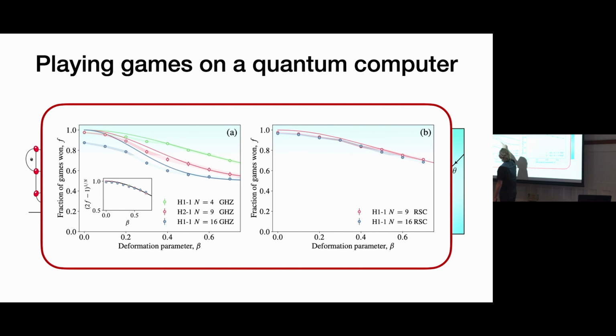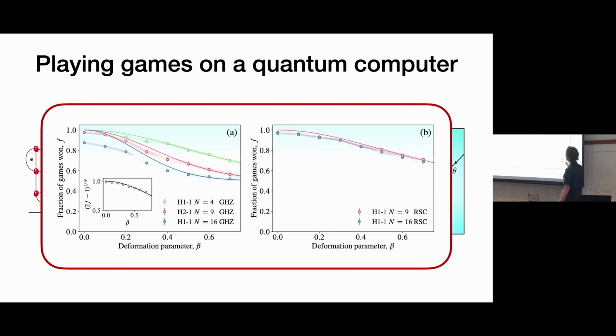And you see that in this GHZ state version of the game, for larger system sizes you start losing immediately, basically, even when you have an undeformed state, and that's because, as well as the deformation, there's noise in the device. What it looks like is happening is you lose exponentially in the number of qubits you're using in your game. So this data collapse is basically collapsing onto an exponential scaling down of the win probability with n, in some noise rate, where n is the number of qubits.